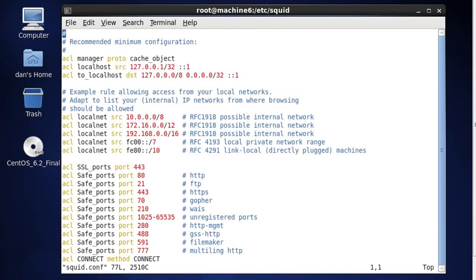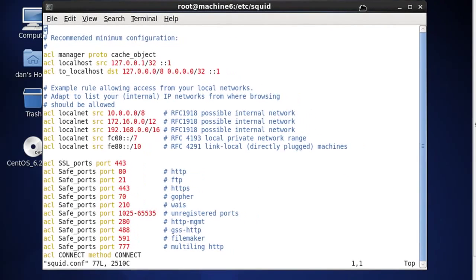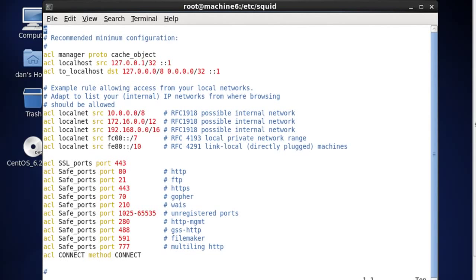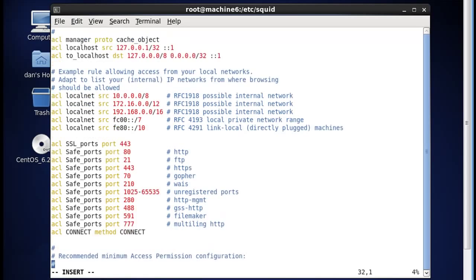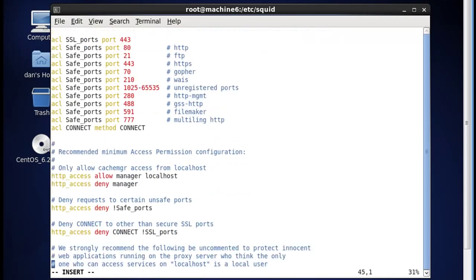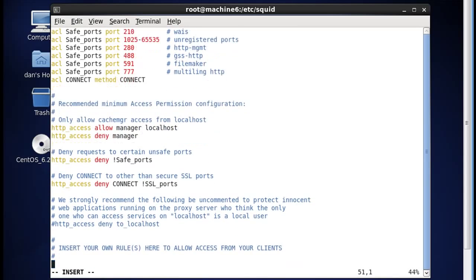All right, and now we're in the vi or vim text editor, and what we want to do is go into insert mode so that we can insert some text and edit some text. So what we'll do is we'll type I, and we're going to scroll down, and we're looking for